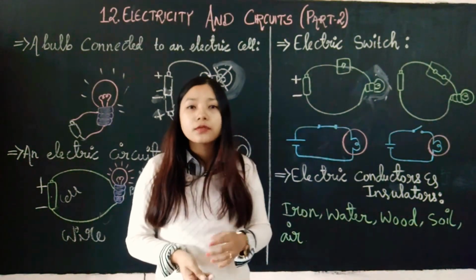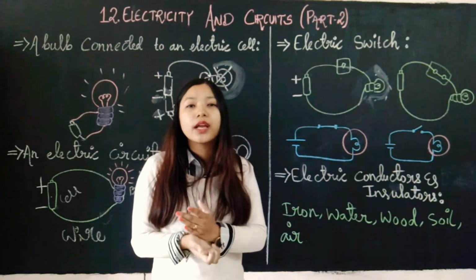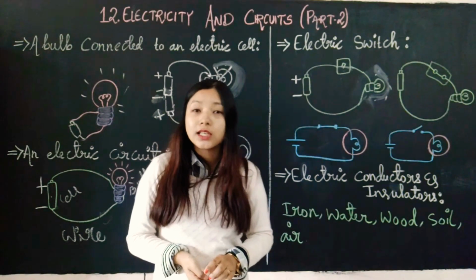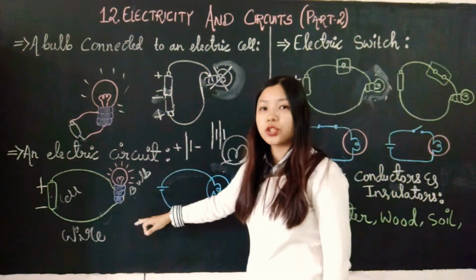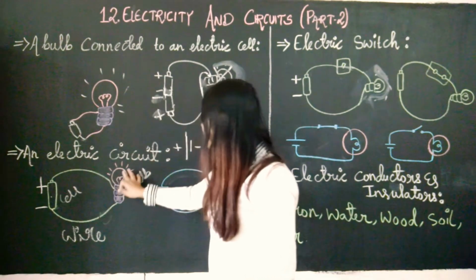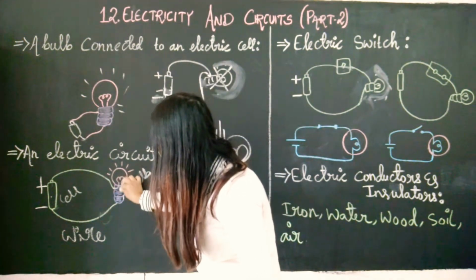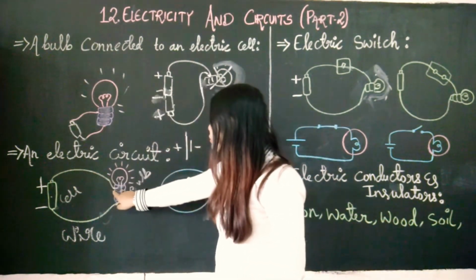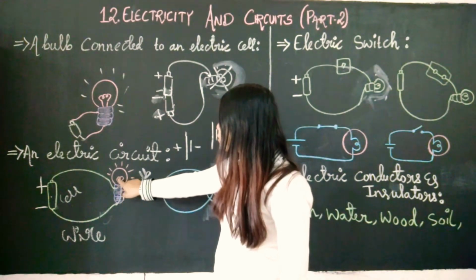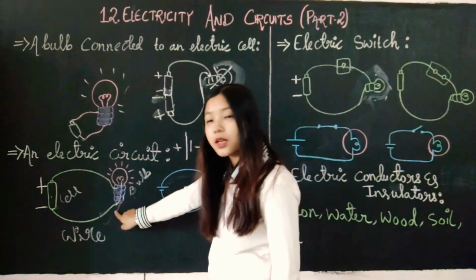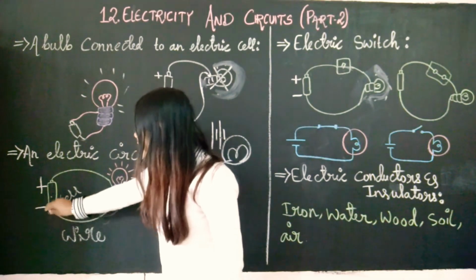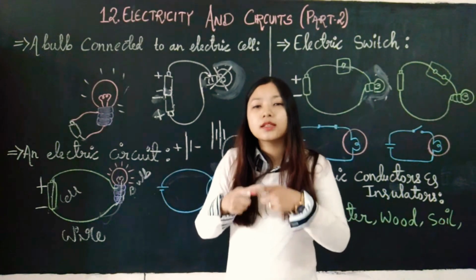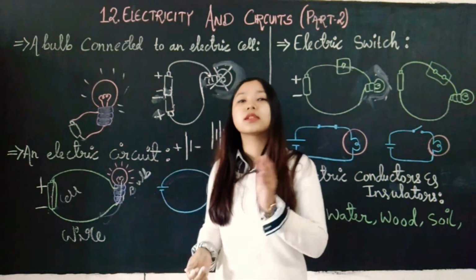And what is the importance of electric switch? It helps us to break this circuit, to break the flow of electricity whenever we don't need it. Here you pay attention. All these are connected to each other and there is not a single opening here. One end of the battery is connected to one terminal, then this terminal continues to the filament, then goes to the other terminal, then it is connected to the other end of the cell and again it is connected. So here there is no opening. Such type of circuits are called closed circuit.